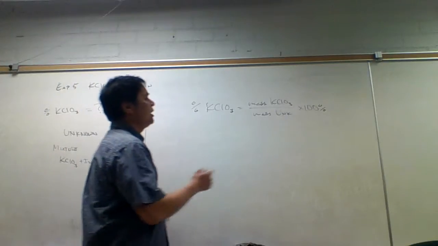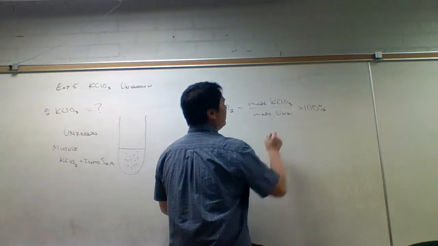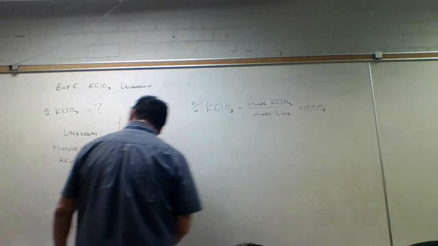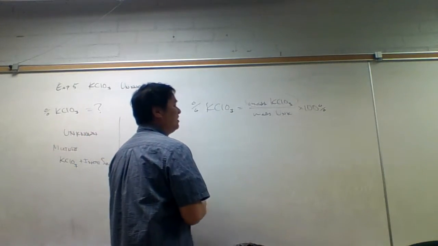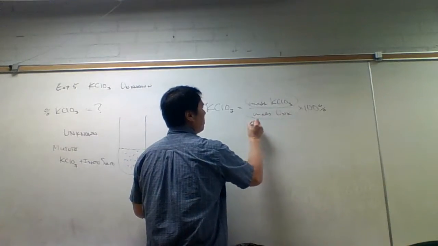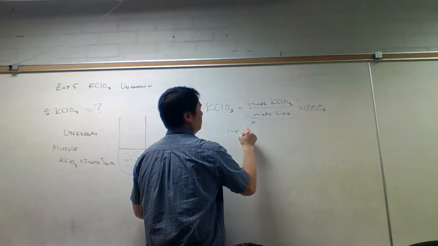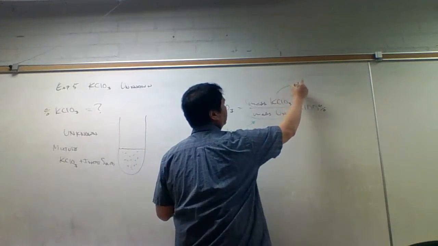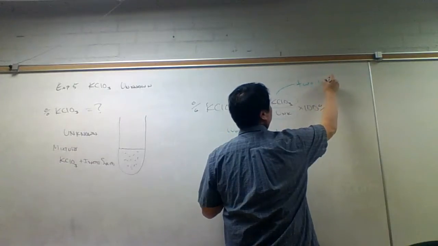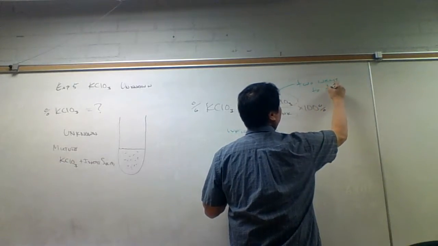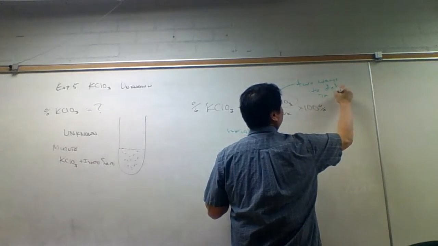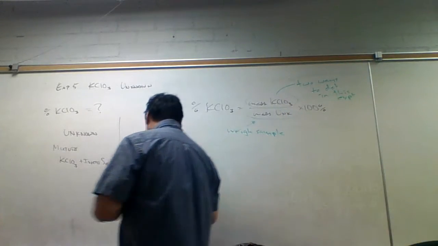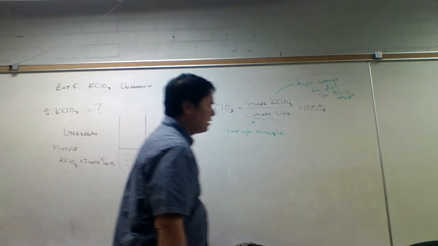Turns out there are going to be two ways we're going to get the mass of the KClO3. To get the mass of the unknown, we just weigh the sample. Two ways to determine in this experiment. Let's talk about the